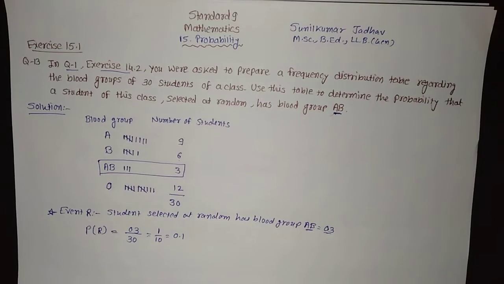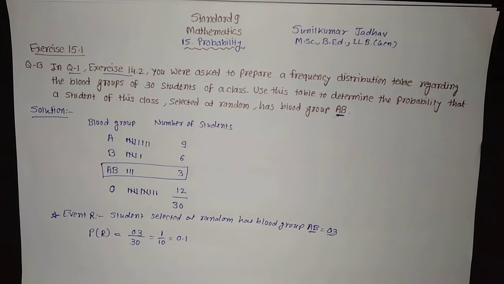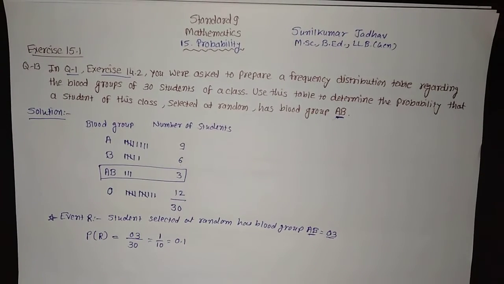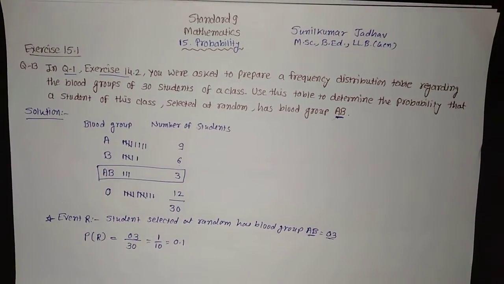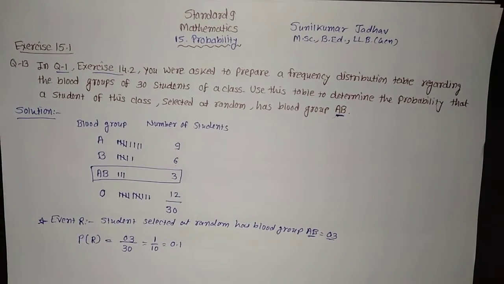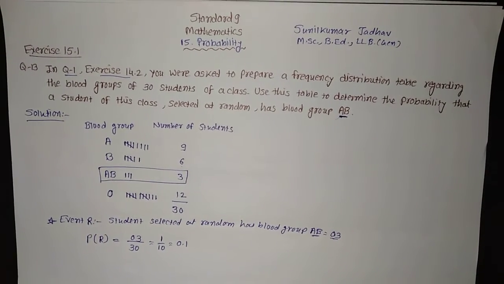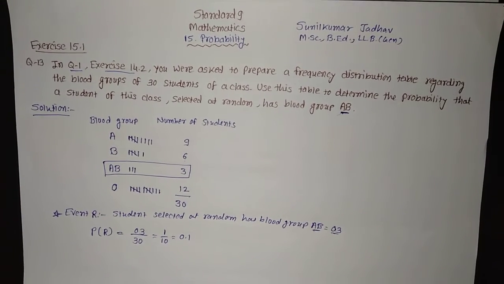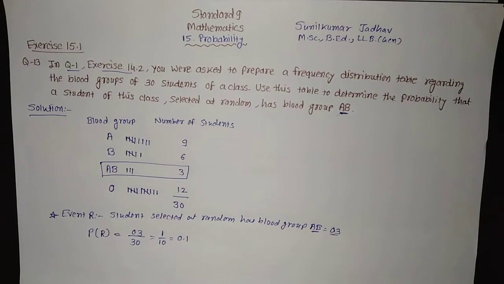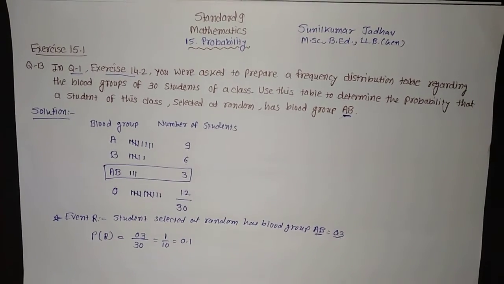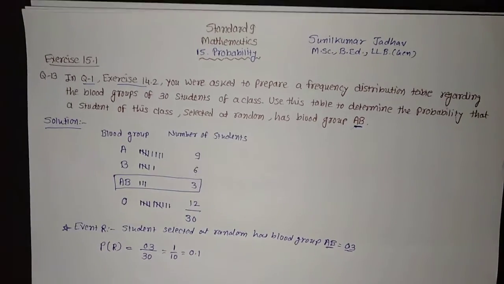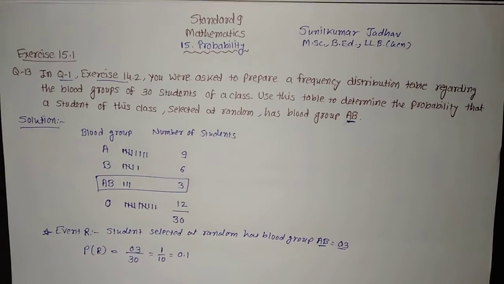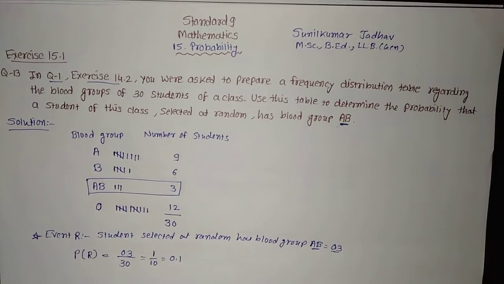So here, after question number 13, we have ended all the questions of exercise 15.1, from question number 1 to question number 13, in which questions number 9 and 10 are activities which you have to do near your home, or you can do it near your school. That activity you have to follow, and from the data collected you have to solve. So those 2 questions we have not solved. Otherwise all the questions from exercise 15.1, that is questions 1 to 8 and 11 to 13, we have solved.